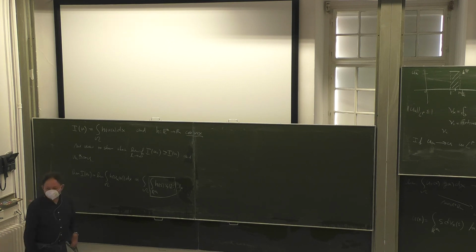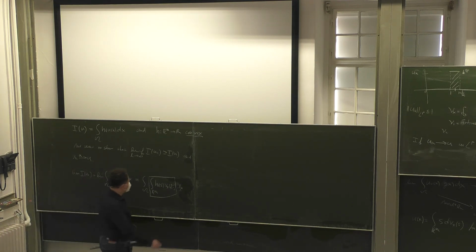So there is this Jensen inequality which tells you that this is always bigger or equal than h at the first moment of the measure. So this is bigger or equal than the integral over omega of h at